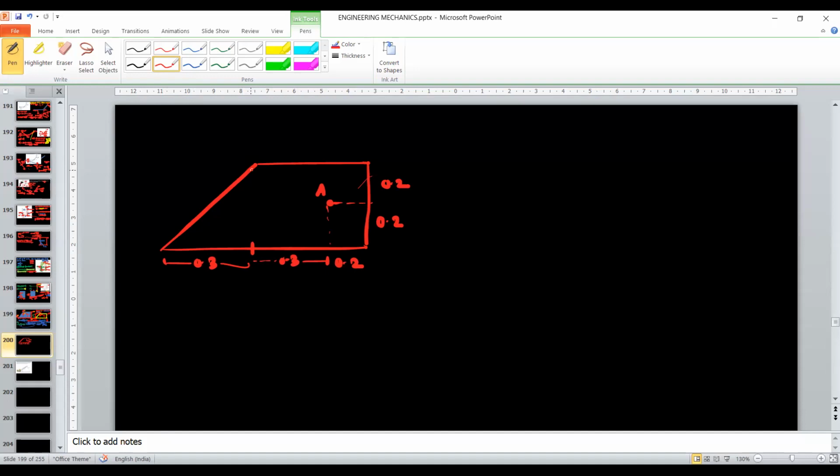So resultant, we know the direction. So resultant is like this. It is in the fourth quadrant, and this is the angle theta. So we will draw the resultant like this. Right now we don't know whether the resultant is on the left side of the point A or on the right side. So I will assume it on the left side. Even you can assume it on the right side. So from point A, draw the perpendicular. This is your perpendicular distance D, and this is the angle of resultant theta.